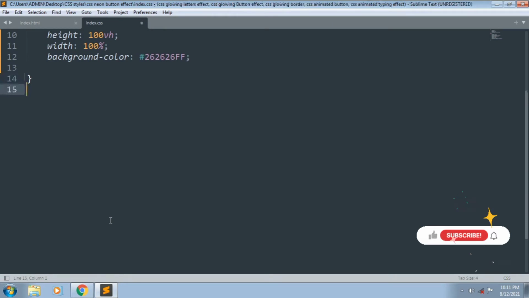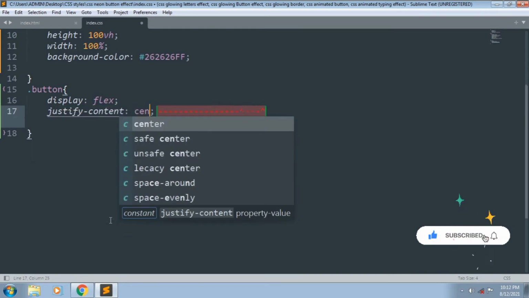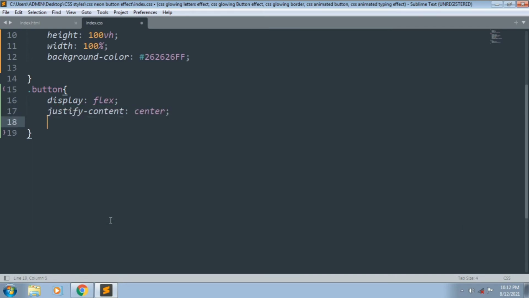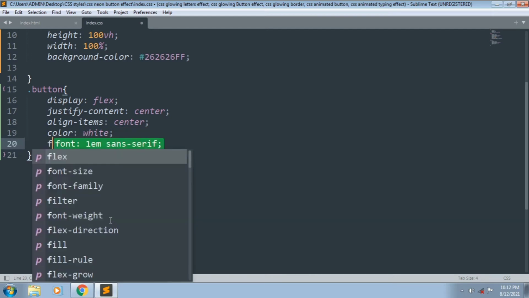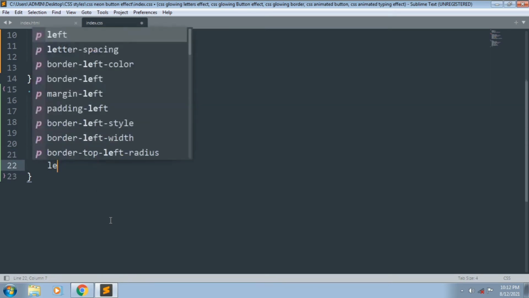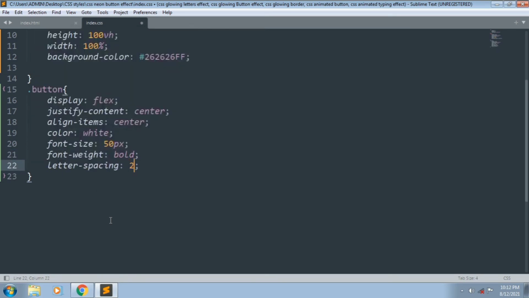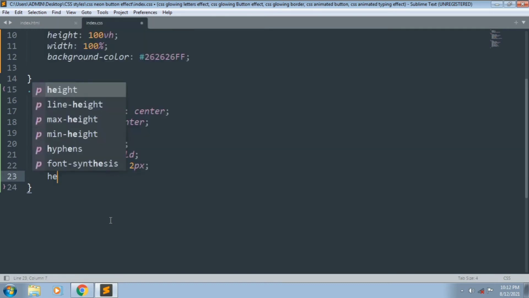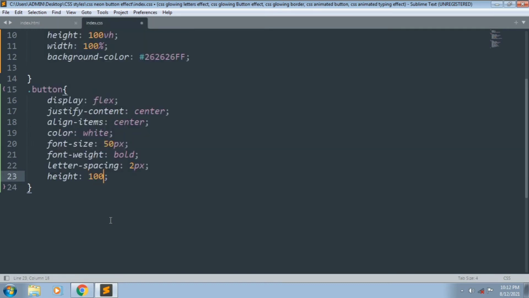Let's start to style our class button. Display is flex, justify content center and align items center. And the font color is white and font size is 50 pixel. Font weight is bold and letter spacing is 2 pixel and height is 100 pixel, width 300 pixel, and we